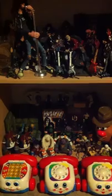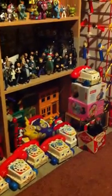Keep going down. We get into rock and roll stuff, so Kiss all in the back and Iron Maiden, stuff like that. Down here, some more rock and roll stuff and Indiana Jones stuff. By the way, all along the floor here, you'll see my collection of Fisher-Price phones. If we move over here to the next shelf and stuff,